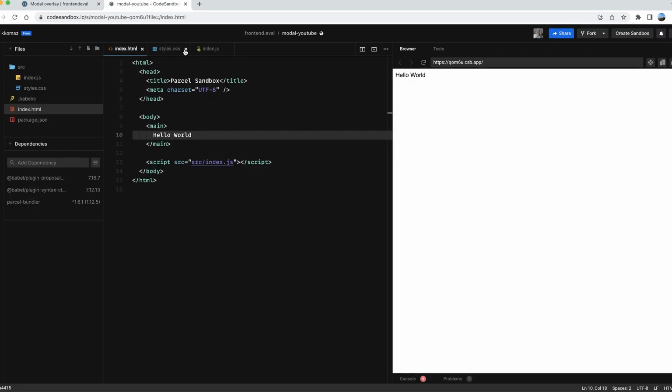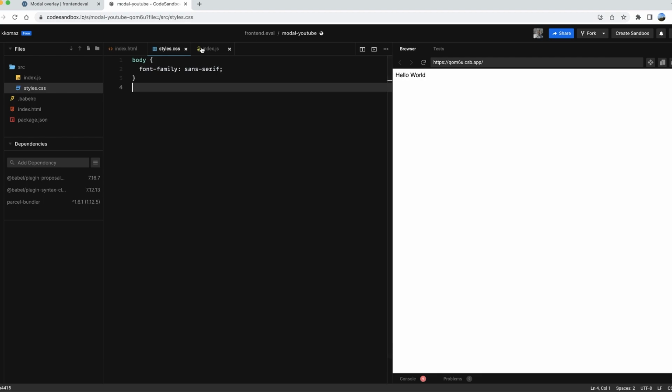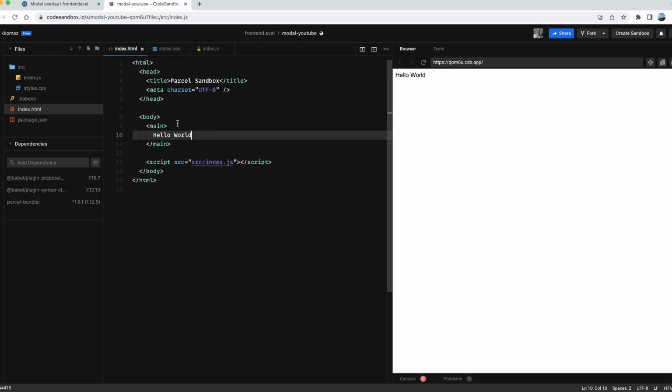So let's get to the code. Right now I'm in a code sandbox and it's fairly empty. All it has is a styles.css, an index.js, and an index.html. The first thing I want to do is come up with a game plan. So I'm just going to number it down based on my thought process. Number one should be creating a layout template